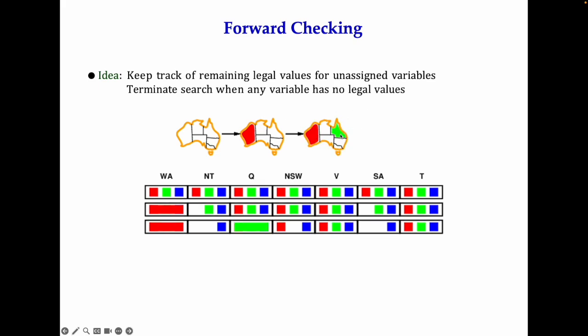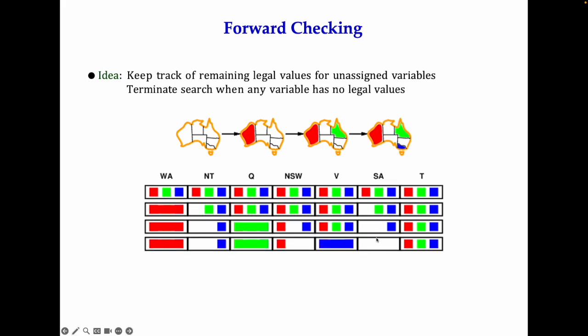Let's say we color, for example, Queensland green now. So you already assigned red here, which removed red from Northern Territory and South Australia. Now, if you also assign green to Queensland, it means that you have to remove green from all its direct neighbors, which are Northern Territory, South Australia, and New South Wales. And so you have to remove green from these 3. Now, if you remove green from these 3, this is what you'll get. So there is only blue left for Northern Territory, blue and red left for this one, and only blue for